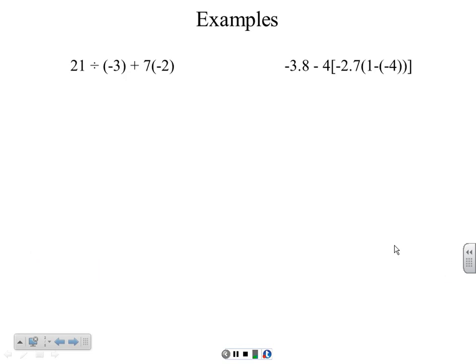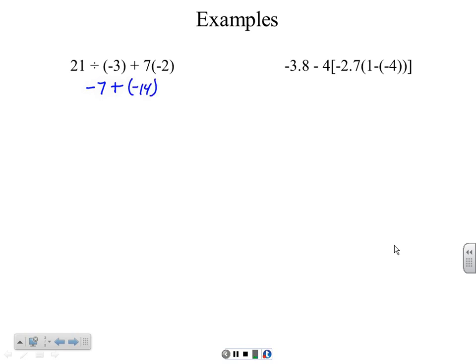So if we have 21 divided by negative 3 plus 7 times negative 2, we don't have any grouping symbols, we don't have any exponents, but what we have is division, multiplication, and addition in the same problem. So we're going to do the division and multiplication first, and then we will do the addition last. So the first thing we're going to do is 21 divided by negative 3. So 21 divided by negative 3 is going to be negative 7. And then we're also going to do this multiplication, 7 times negative 2, which is going to be a negative